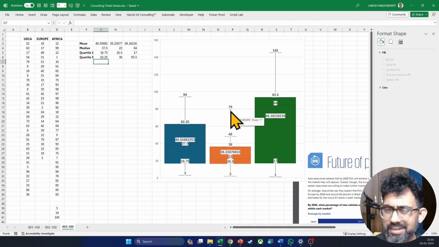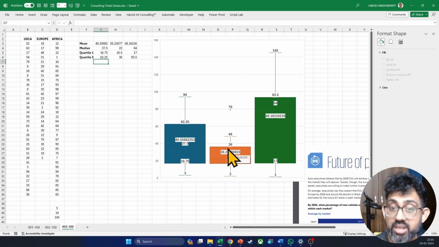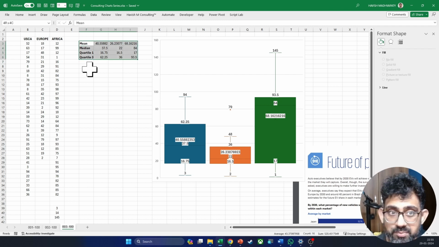What about the number that comes here, the 79? That's clearly an outlier. It's an outlier because it is so far away from the range of values that we have. So if you look at the minimum and the maximum,